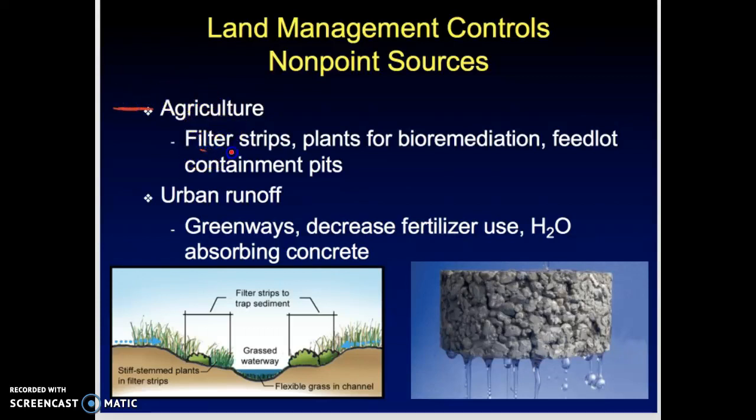Can we encourage filter strips? Can we use different plants for bioremediation? There's different trees that actually suck up pollutants, take toxins out of the environment. Can we plant a bunch of those in your filter strip to minimize the impact you have on that aquatic